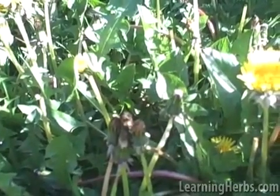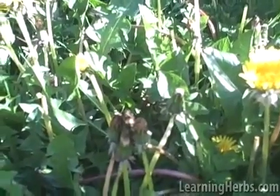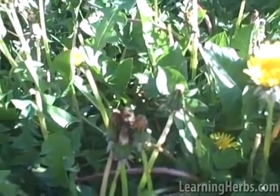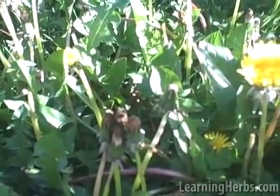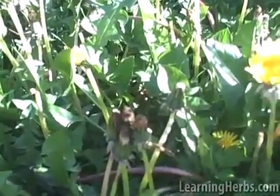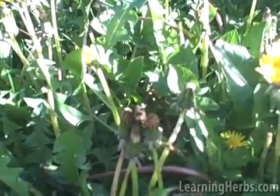Helps overworked soil by soaking up nutrients that are washed downward and bringing them towards the surface where short-rooted plants can use them, right? So it's helping the other plants. And when it dies, a channel forms in the roots and opens the earth up to other plants. So it's a compost activator. 85 insects are nourished by dandelion, including